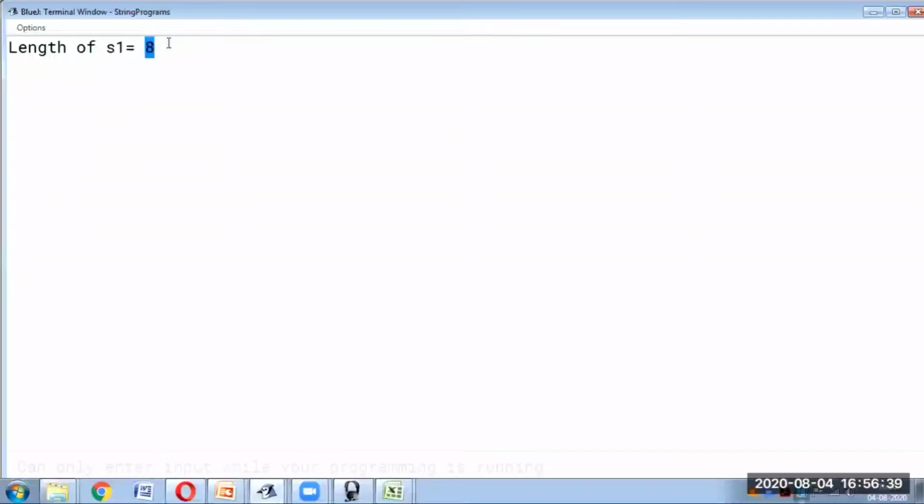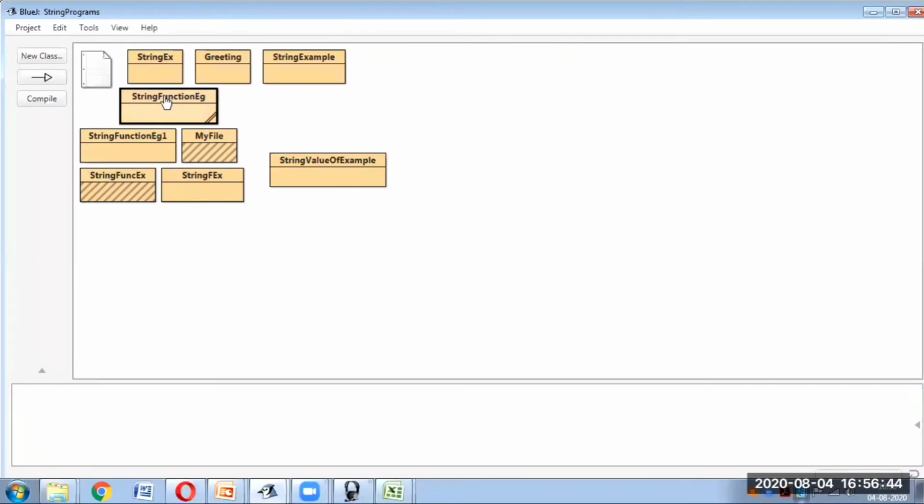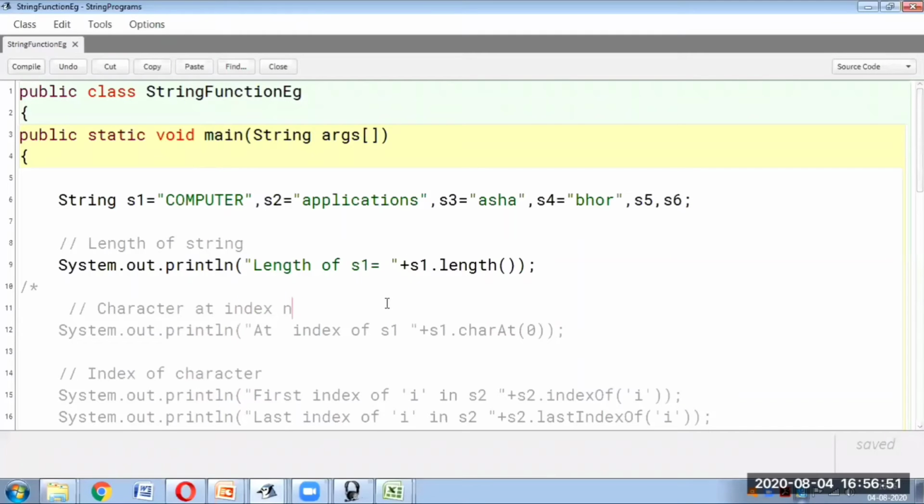It gives you the length as 8 because the number of characters in the string computer is 8. I hope till here you all are clear. Let us go to the next part.